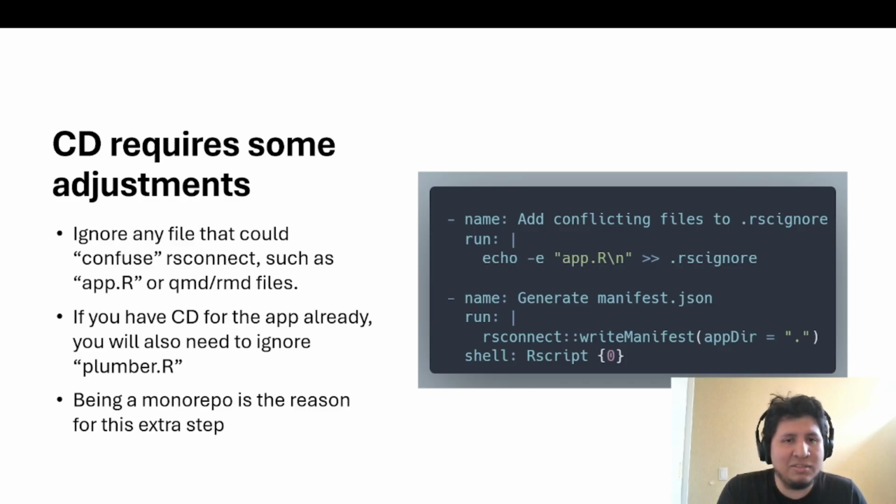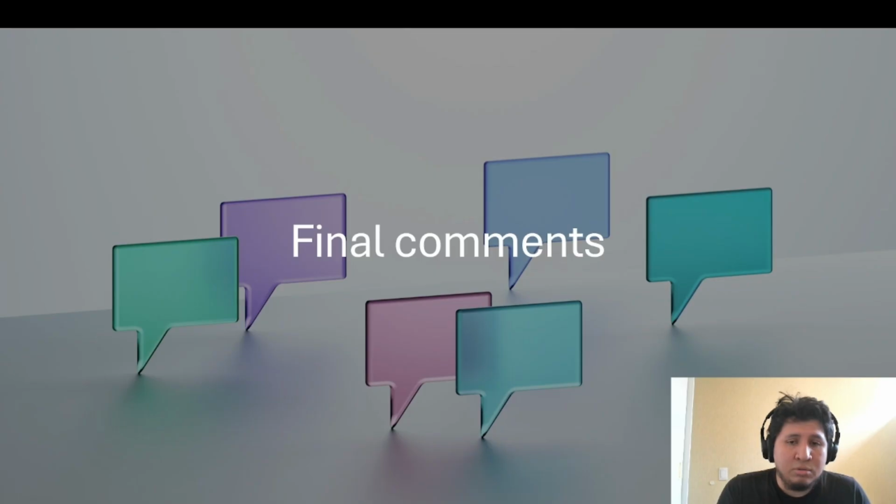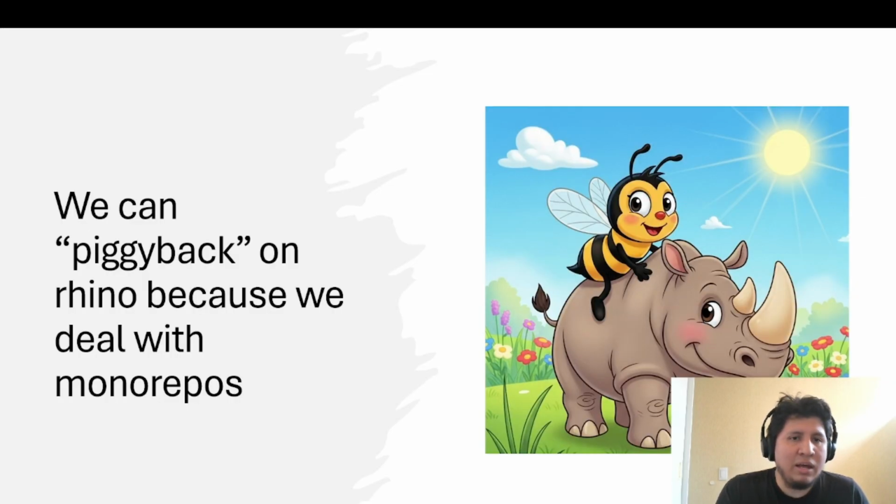Hopefully this is not very confusing, but basically this is the point where you get this separation of concerns between what you deploy for your application and what you deploy for your API, of course. So some final comments I would like to add: in our case, we were able to piggyback on Rhino because we were dealing with mono repos. And you can see that it made sense to share classes, to share dependencies, because that was all a single